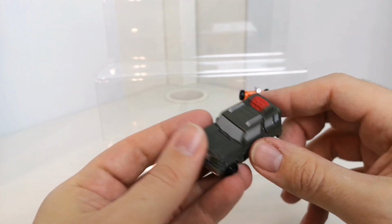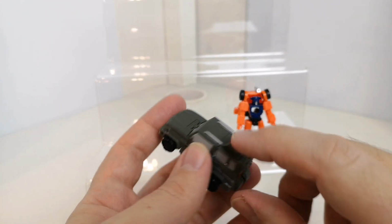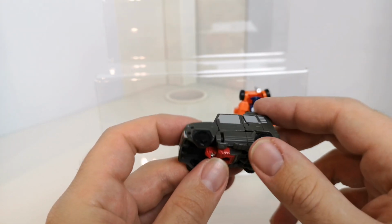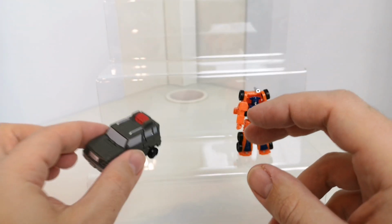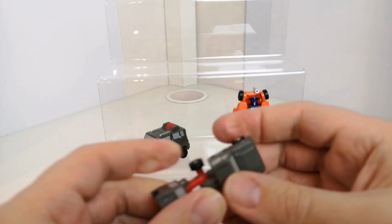Got some nice paint used right for the windows, and even on the top you've got the rails here which are painted silver, and even on the back some red paint, and the bumpers painted silver, as are these. No paint for the lights, but the wheels do move, although they are a little diddy and they can pop off. And then if you look at him alongside it, this other one here,